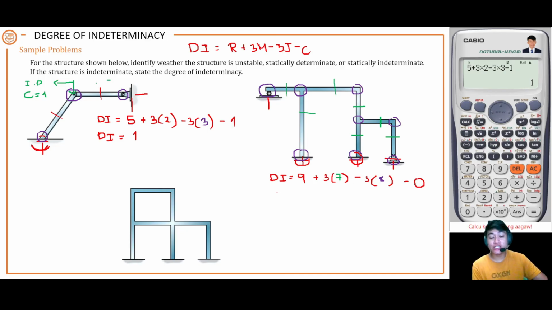So the number of special conditions is equal to 0. So therefore, the degree of indeterminacy is equal to what? Okay, that is equal to 6. Or statically indeterminate to the 6th degree. Okay, next is